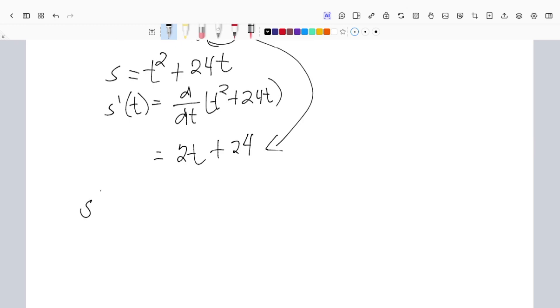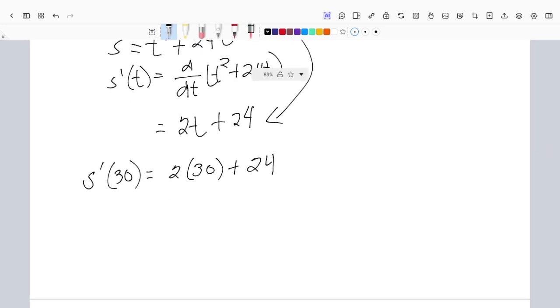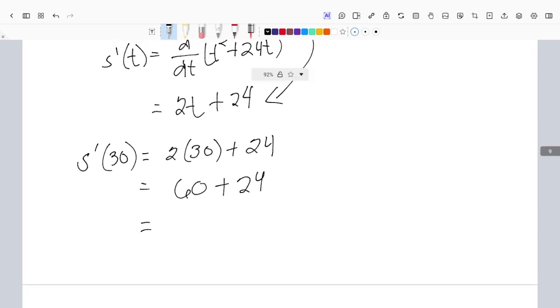Our t is 30. Let me change it: t to 30, so 30 plus 24. With this 30, we got 60t plus 24. Then we have our answer, which is 84 feet